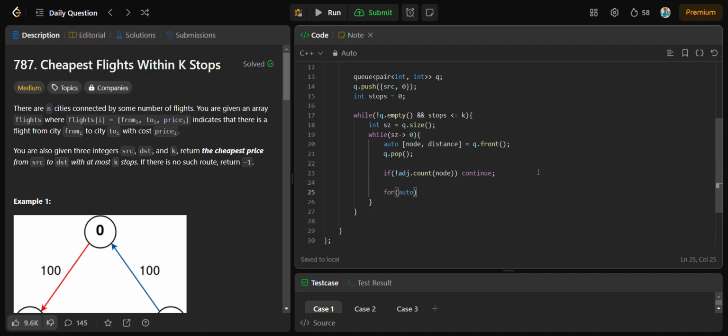and we will use a nested for loop, for auto ampersand neighbor comma price in adjacent of node, and if price plus distance is greater than or equal to distance of neighbor, then we will continue, and otherwise here we will update distance of neighbor equal to price plus distance,